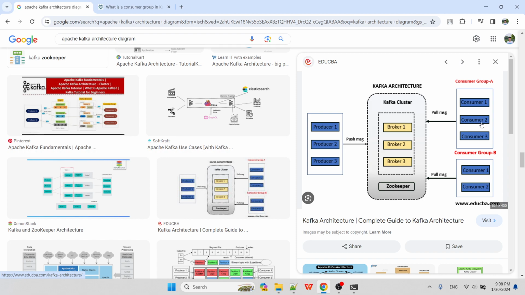And if we have a lot of messages to consume, a lot of consumers can consume these messages, and this will be good for performance. Okay, that's the reason why we need a consumer group. To do a demo with a consumer group,